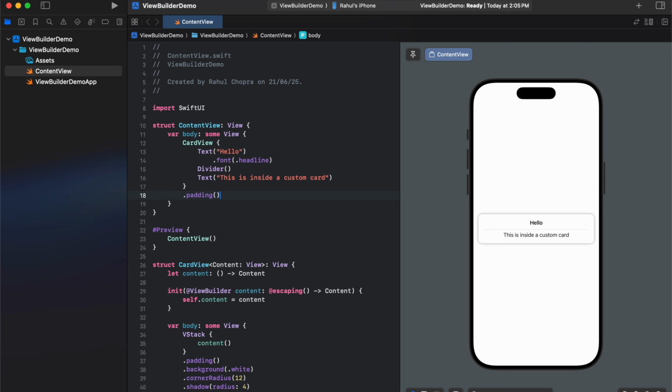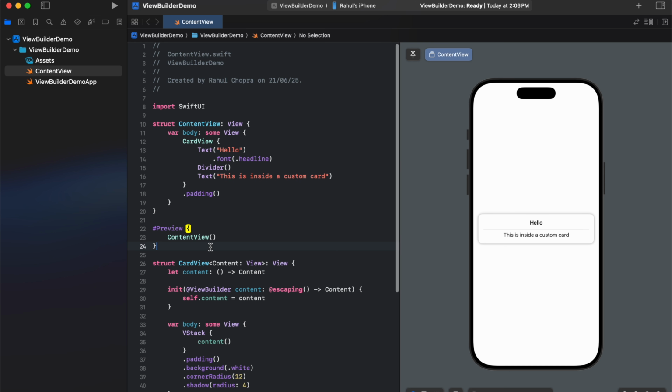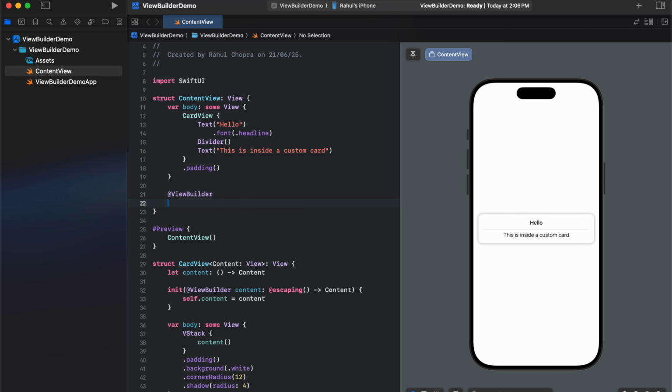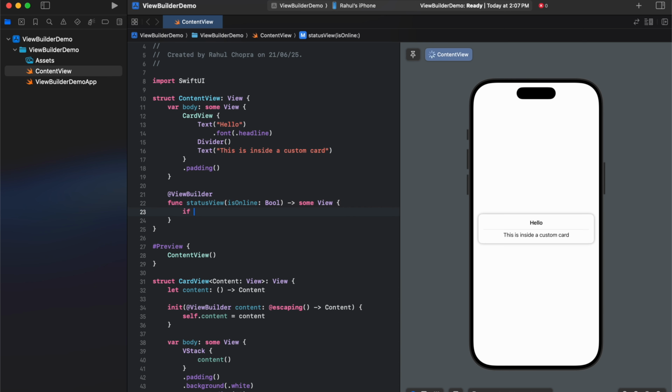Now let's start with conditional views. ViewBuilder also supports if-else conditions and even switch statements, which is perfect for building dynamic UIs. So let's try it. For ViewBuilder, a function statusView, isOnline, returning some View. If isOnline,